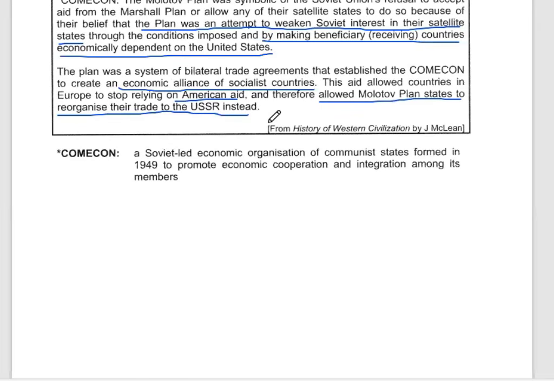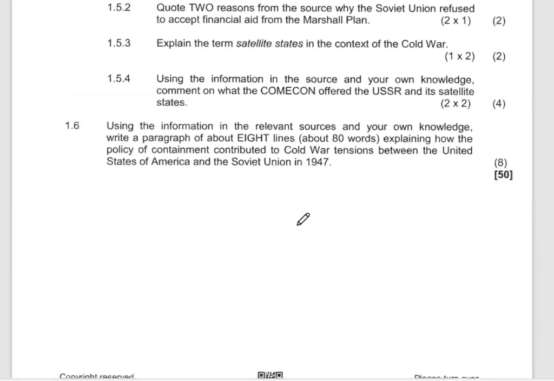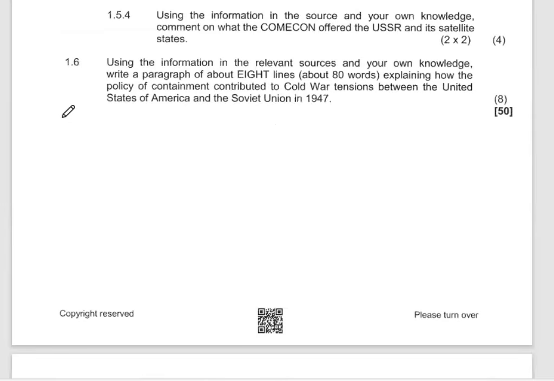Right. Moving on to the next question, that is the paragraph question. The last question is the paragraph question. I will just highlight how you're supposed to answer the question. Remember, our paragraph question, we must always answer it in the PIL format, and we must have a clear point, and then we must explain the point, and then we must give some evidence or some examples, then we must link. So I will use my typical example of how I would answer this question here. You can answer it in your own way, but however, we must have the PIL format portrayed in that particular paragraph.